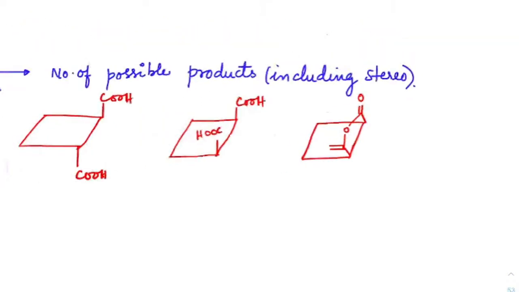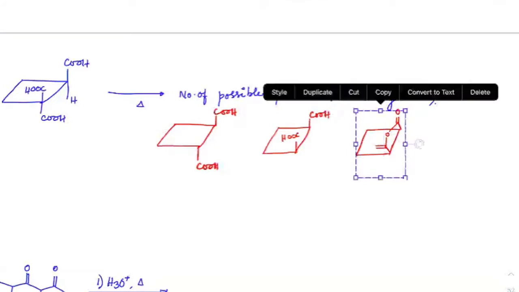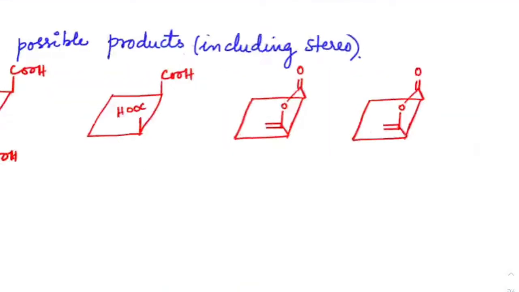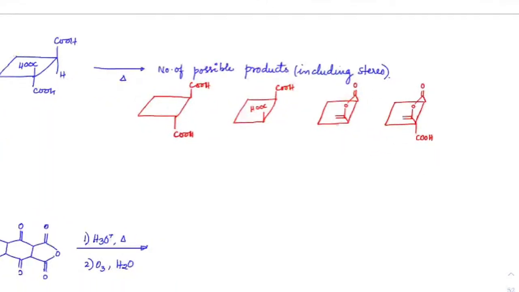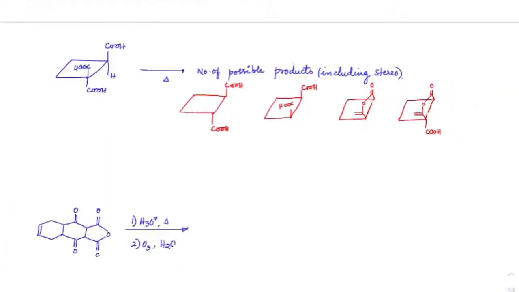Okay, and we may also form anhydride first without disturbing this COOH also, correct? So which means same product here, right? But before even the decarboxylation step, anhydride may form. We cannot decide on the rate, so we might get all of these products. So possible products, if it was asked, you have to check out this. Okay, all of you got this?